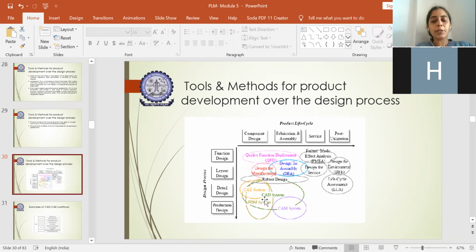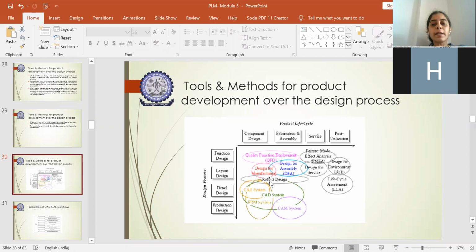So you have CAD tools and you have the robust design concept also. Robust design, I have explained what you mean by it. It is a design process which helps to overcome any variations without removing the elements which are associated with those variations. So that design you call a robust design. Even that could be created virtually.